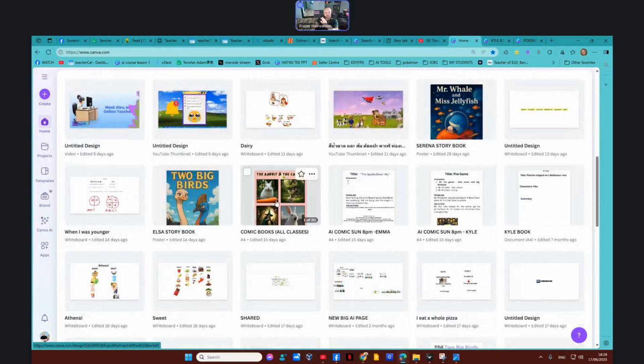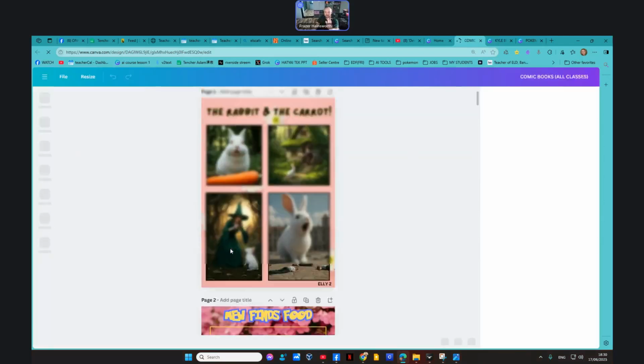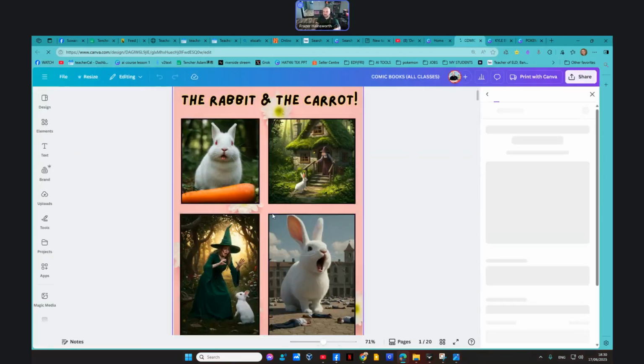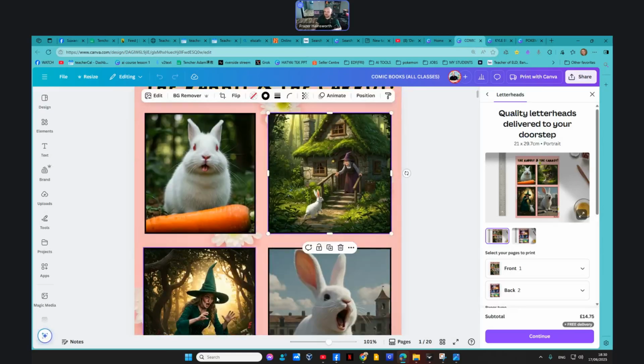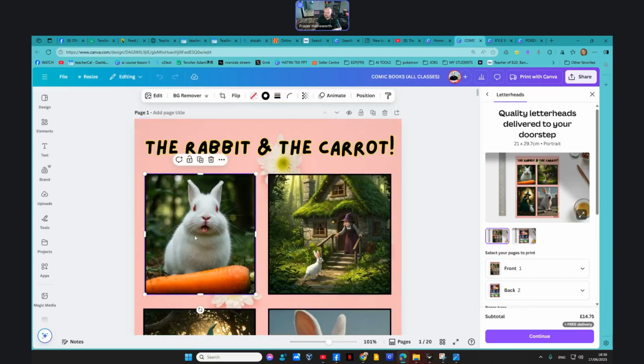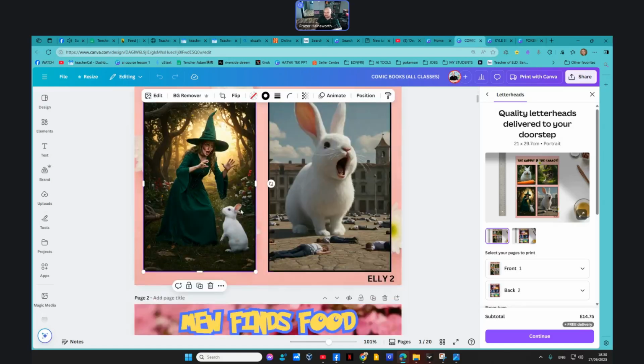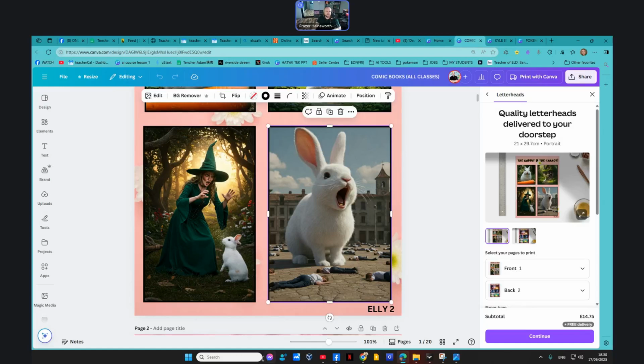We have a simpler one for lower level. They don't make a full book. They make single page comics. So they have to just think of prompts for 4 different pictures. And then they have to present and tell a story. This is about a story that a rabbit ate a rabbit, got sick, went to a witch. The witch put a curse on the rabbit and made it a giant rabbit. It's a silly story, but